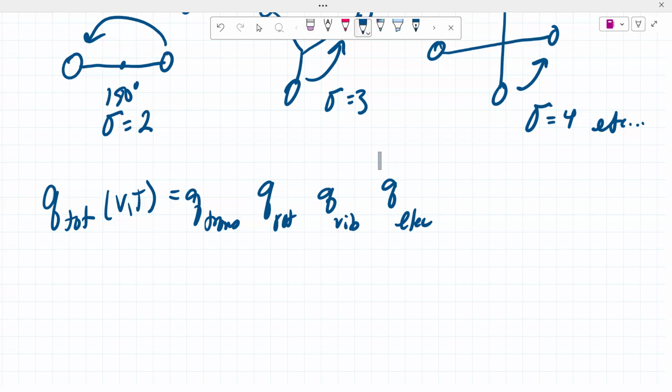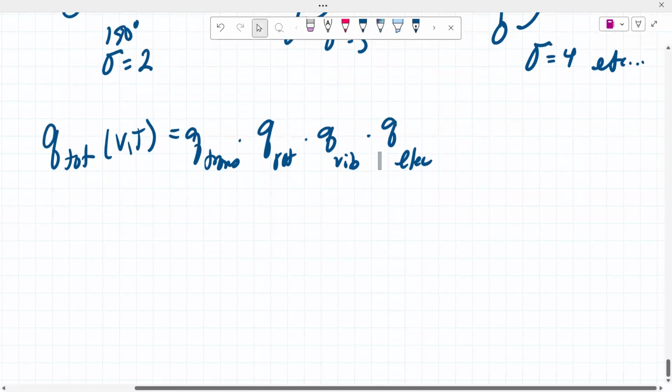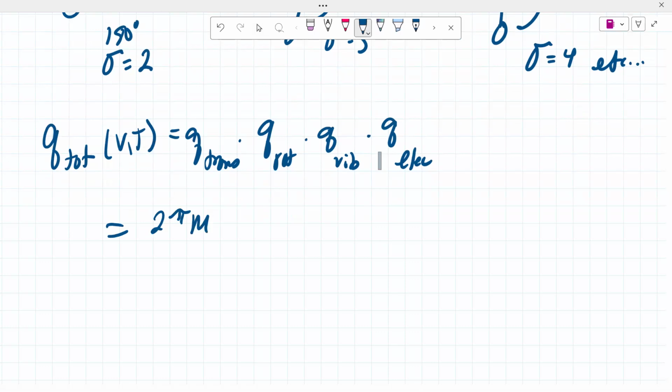These should be dots. Multiply together, and we have now filled them all out. We can put it all together: 2 pi m, this is the reduced mass, kB T over h squared, this whole thing raised to the 3/2 power, times V, times T over